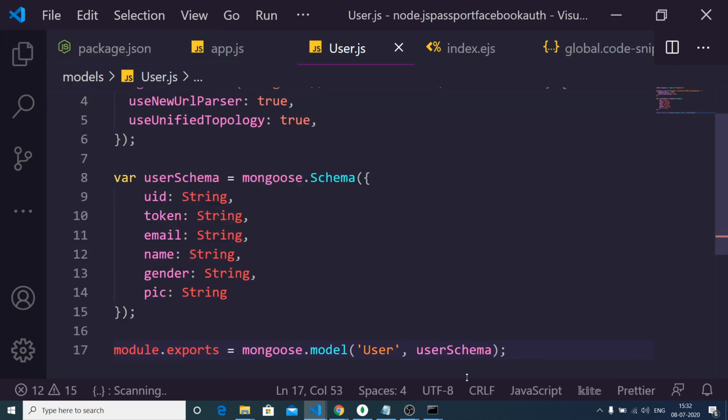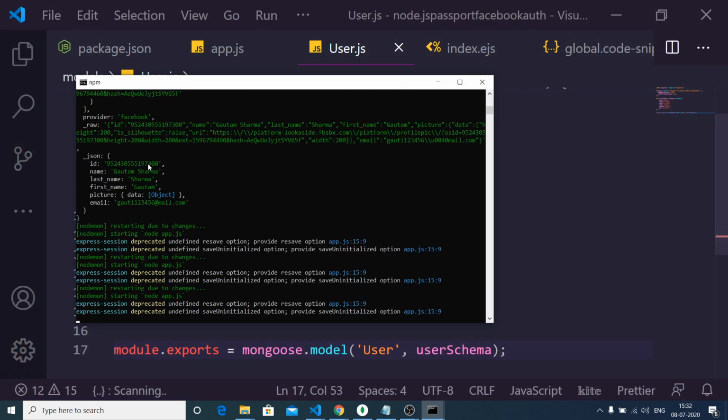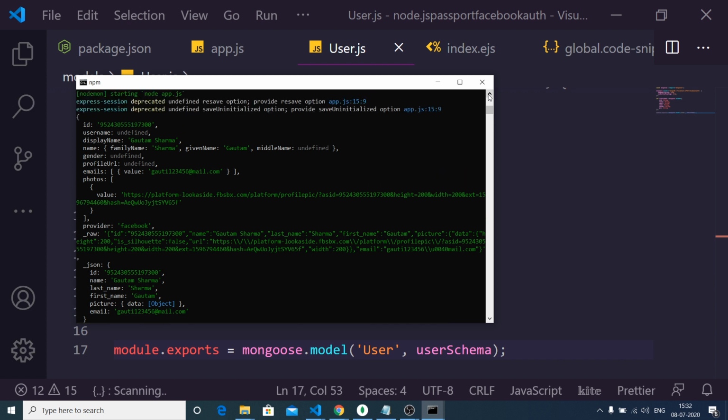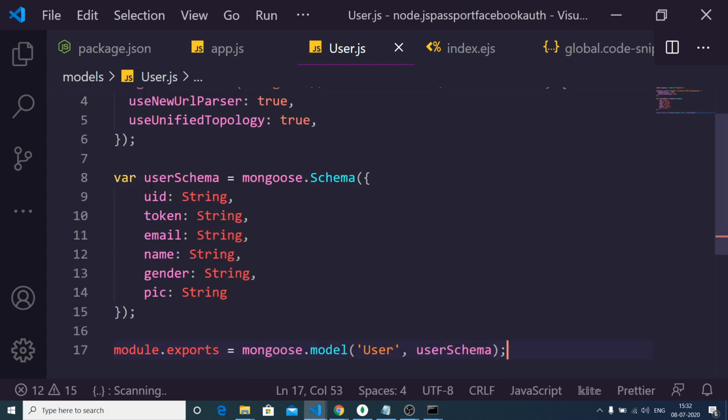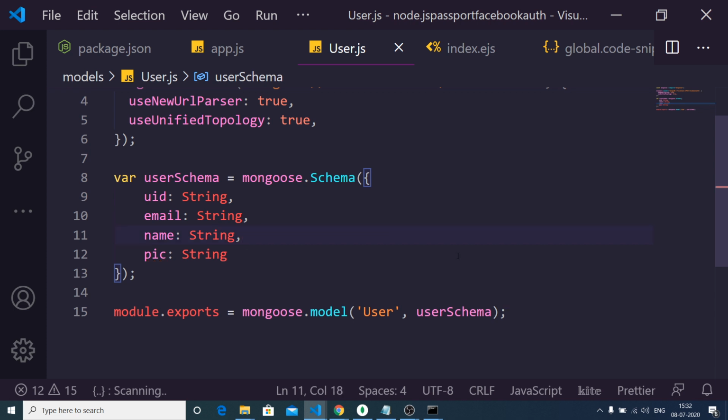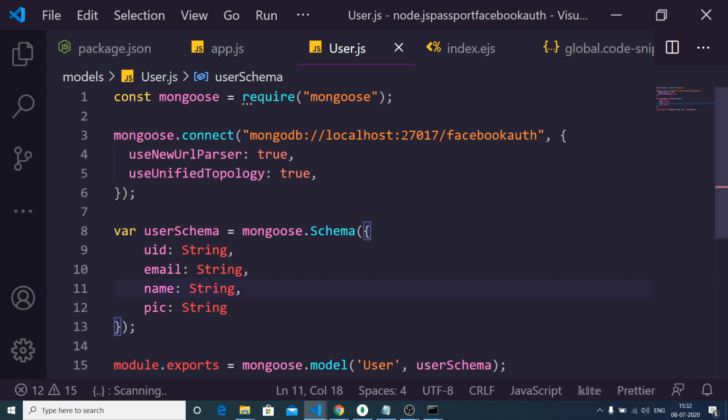So we will store the user ID, as you will see. Let me just show you the response here. We will not store the access token. We will store the email, name, and gender we will not store. We will store the pic. So we are connecting to our database.